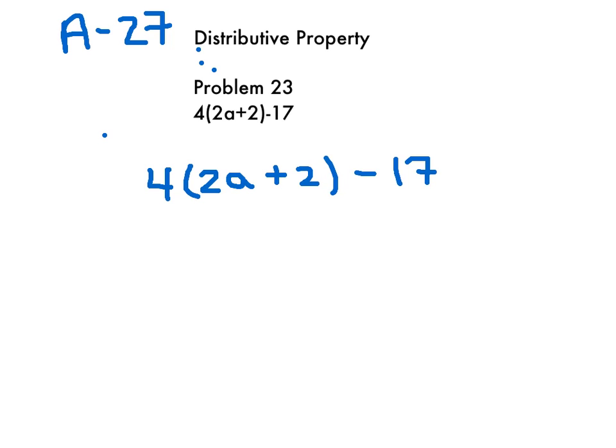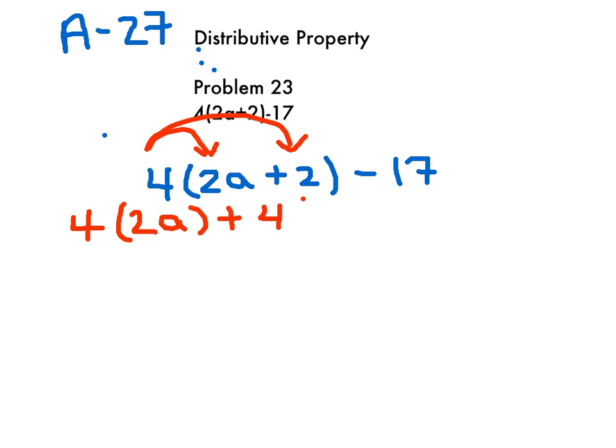So in this case here, the next thing I look for is multiplication and division. Well, this 4 is going to multiply this quantity 2a plus 2. So we call that distributing when we're multiplying through with respect to parentheses. So let's go ahead and do that. So 4 times 2a times 4 times 2. So that's going to give me 4 times the quantity 2a plus 4 times 2, and then I have my